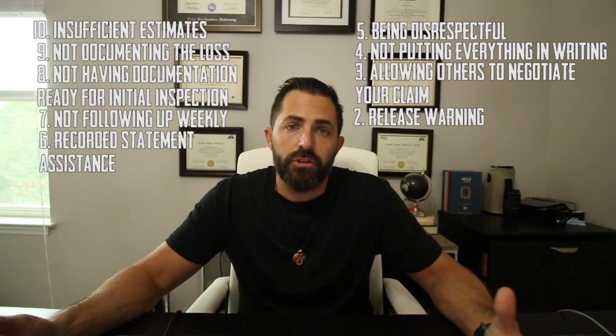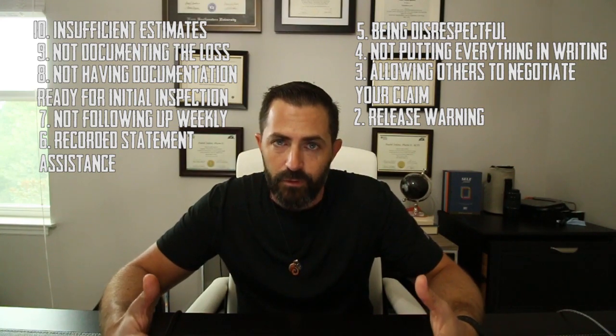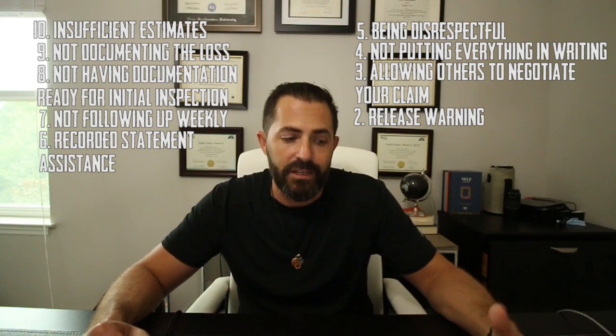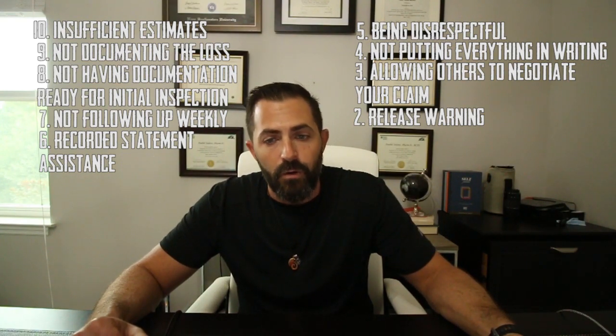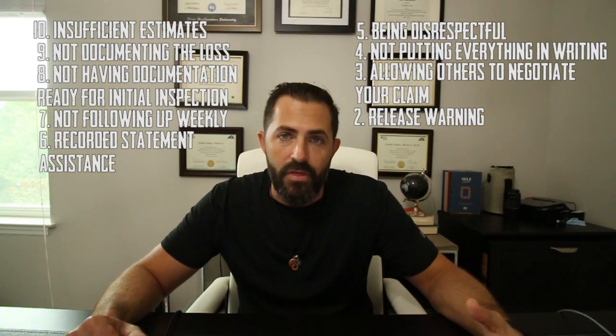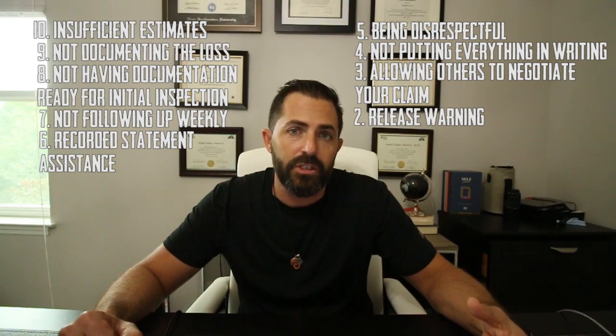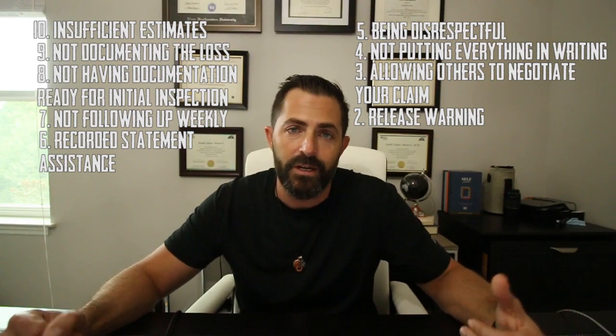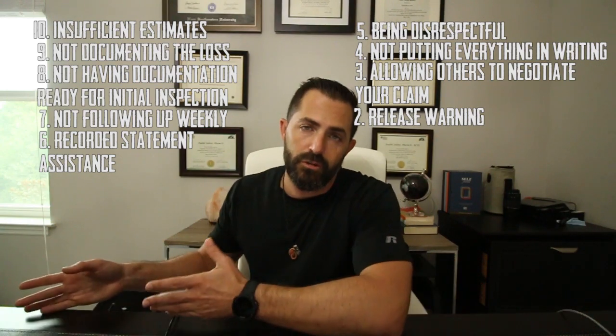But beware, make sure that when you do decide to settle for a release, your settlement is final. Once you tell them that it's good to go and they decide to draft it, you don't want to go back on that, okay? Because that's just a negotiation between you and an adjuster and you've decided to settle, so don't go back on a settlement that you've already decided to settle for. So make sure you speak with the